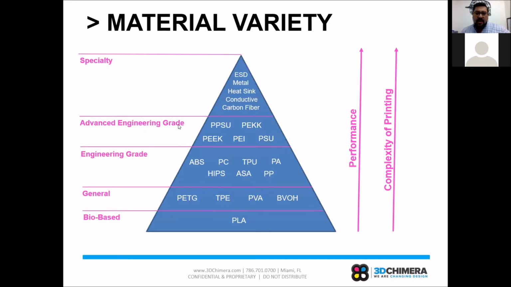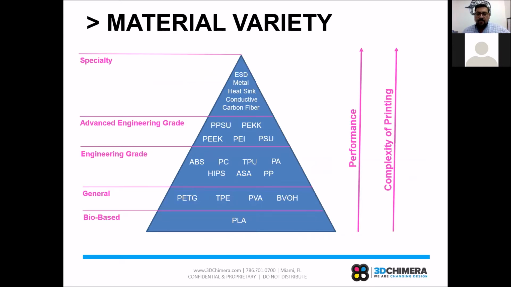Looking here at the material variety, this is kind of like a 3D printing version of the traditional plastics pyramid. Down here at the bottom, the most common, most available, and most widely usable across the spectrum of 3D printers out there are the PLA plastics. These are a corn-based plastic. Prints at really low temperatures. It has a super low shrink rate. It's just all around a pretty decent material to print with. Of course, it has its own shortcomings, but it's pretty broad. And a lot of people who are new to 3D printing, this is one of the few materials that they